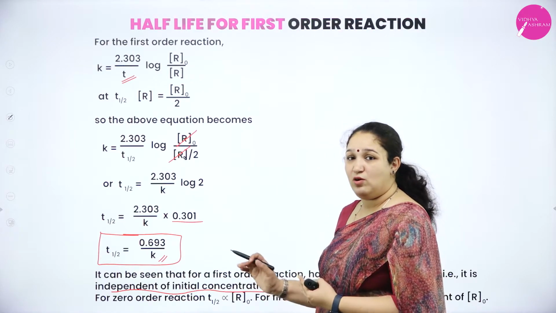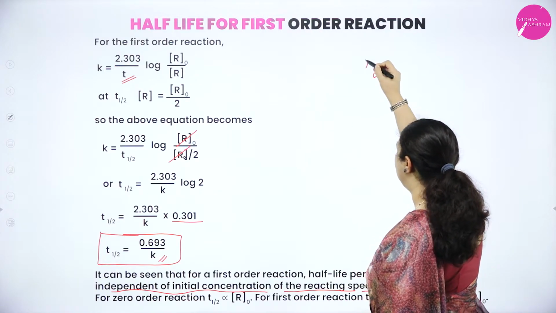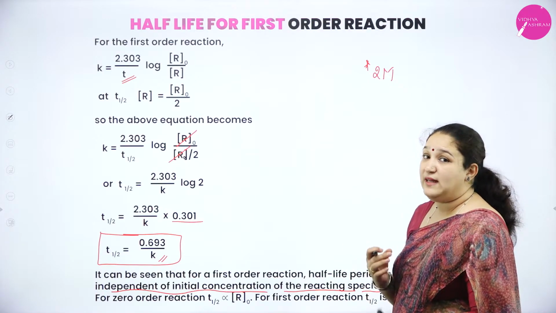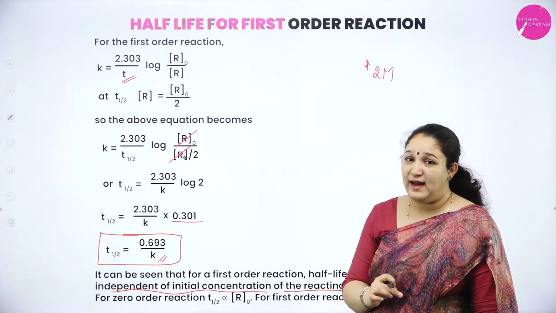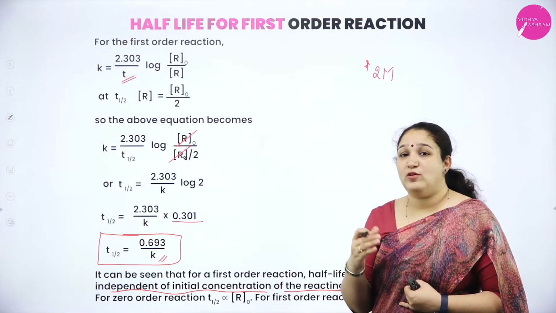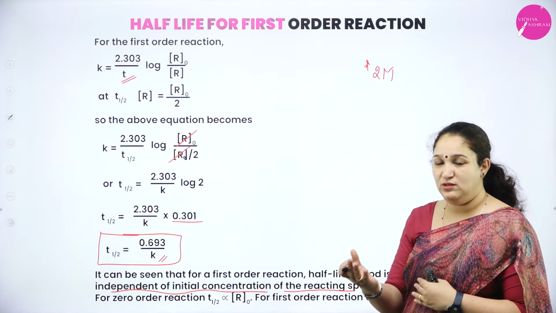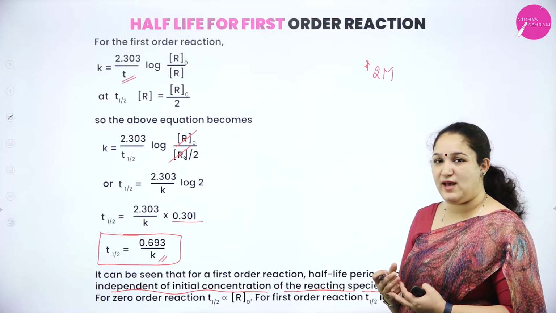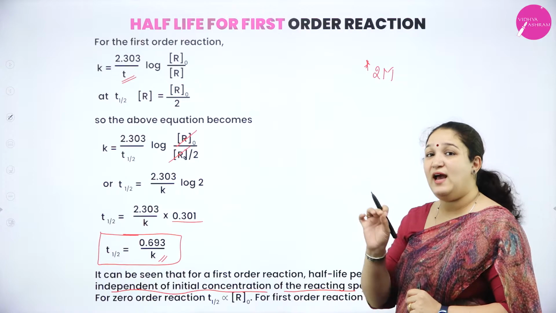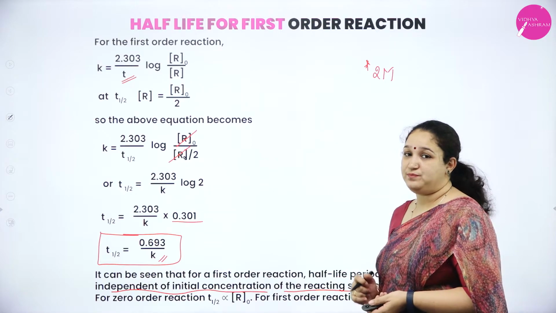Okay, so here also this question is again important for 2 marks, or sometimes they can ask for 3 marks as well, but they can twist the question and ask to prove that half-life period of a first order reaction is independent of the initial concentration. Either they can ask a direct question, derive the expression for half-life of the first order reaction, or they can twist and ask. You have to take care, read the question properly and then answer. Okay, so that's about these two derivations.